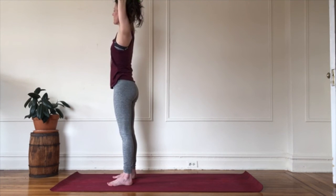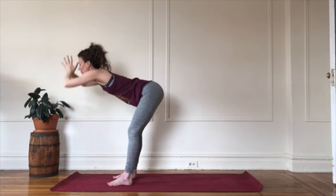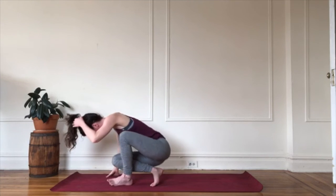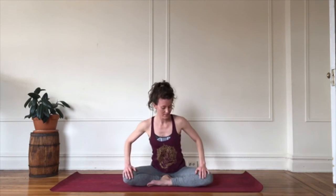Inhale, come center. And as you exhale, take it down through your forward fold. And then from here, go ahead, take a seat on your mat. Allow your legs to cross. Allow your hips to root. Your palms to shine open as we return for 3 breaths